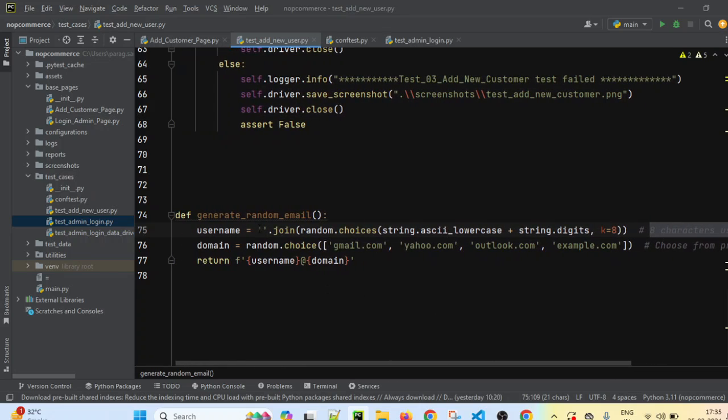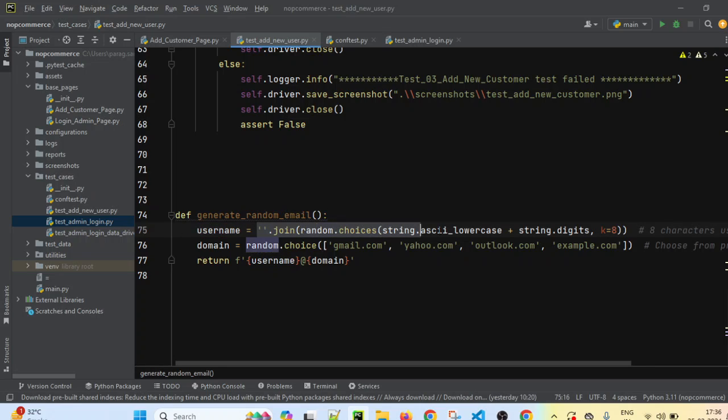So this method will generate one username of 8 characters, created from a random string of lowercase characters and some random digits as well. It will store it in username.